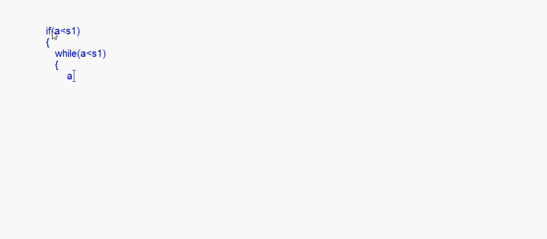Okay. So here you will just write array3[c] = array1[a], and you will do c++ and a++. You can also write c = c + 1, a = a + 1, like that. Fine. This is the while loop. If A is not less than S1, so the first thing I have written is if A less than S1, so for the else part of that, I have put a bracket there, so I will put it here.